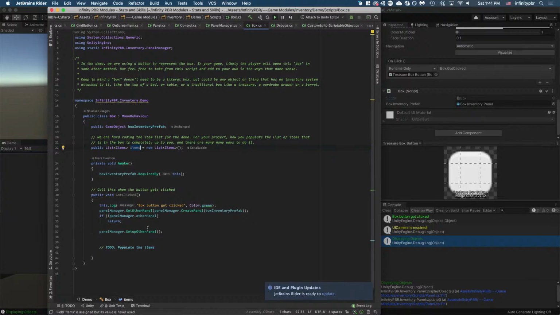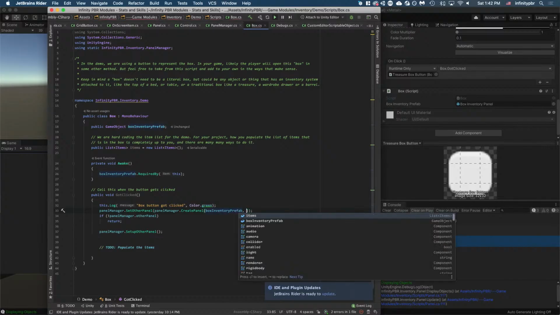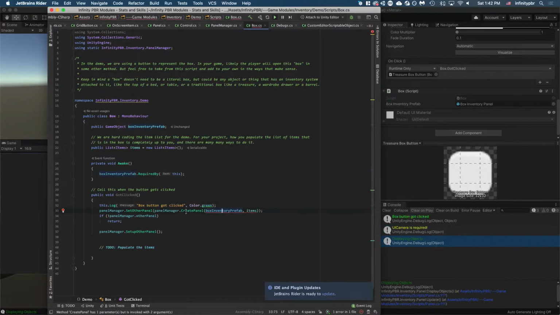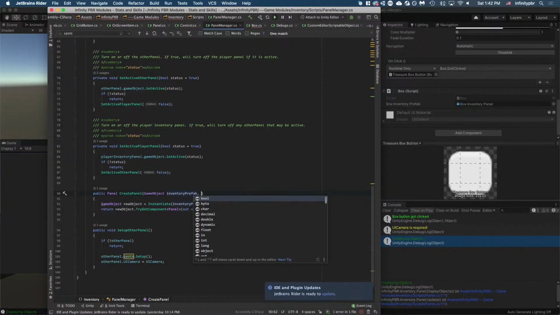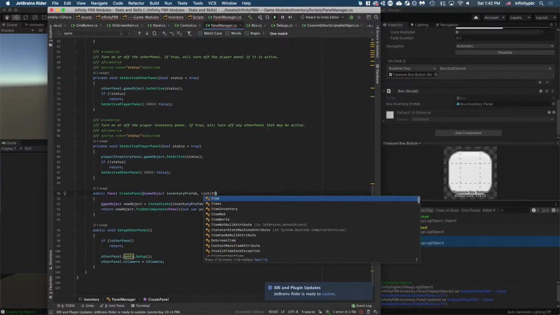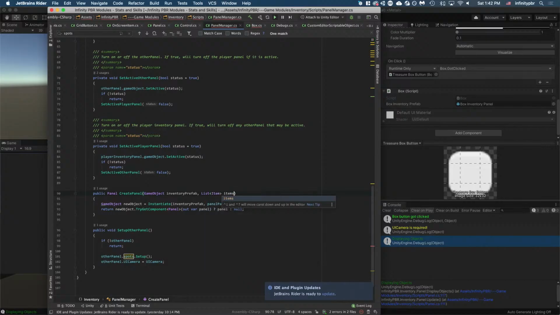Okay, so we're just gonna make a list of items, and then on set other panel, I need to pass the list of items before we do the instantiation of the panel, because as soon as the panel is instantiated, it's going to want to get that list of items. So at that point, I need to do it. So I need to pass in this list of items at this point. At create panel, we need a list of items. And then